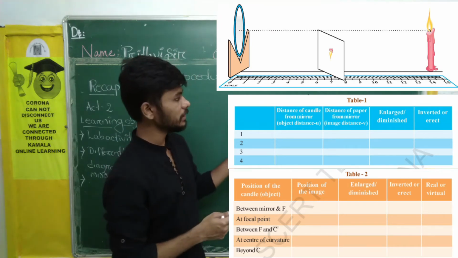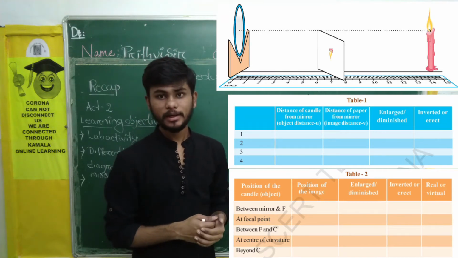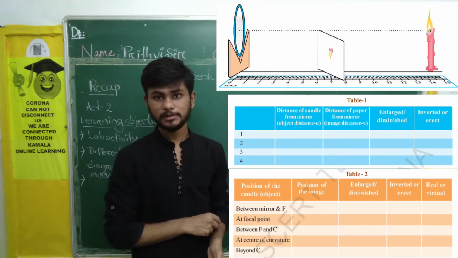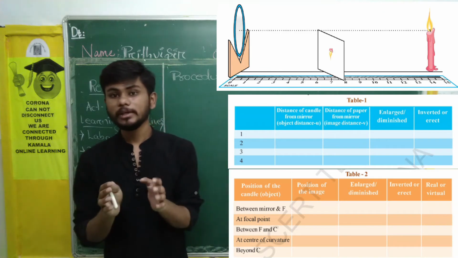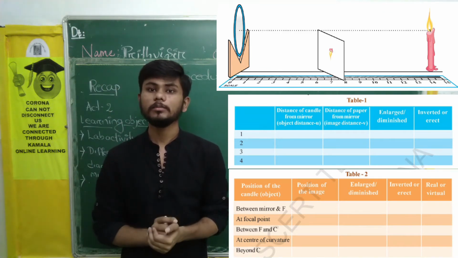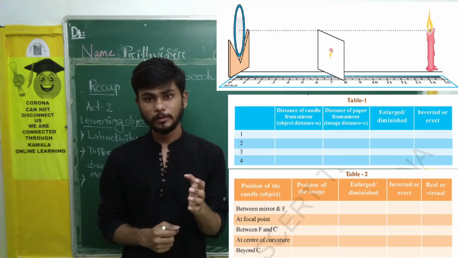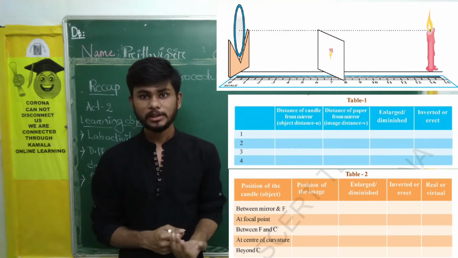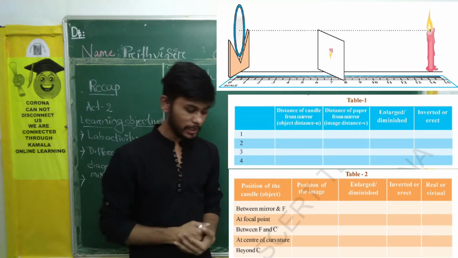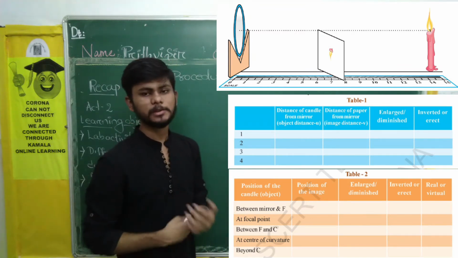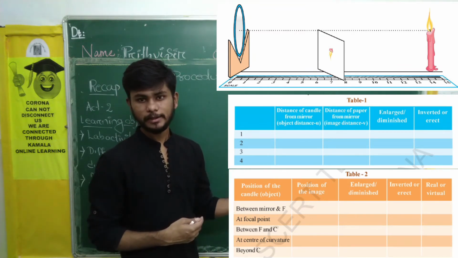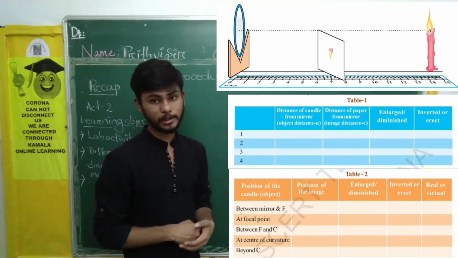So these are the things we need to observe at each point, and we will write our observations. Students, this experiment we need to do. At your home, if you have those equipments, you need to perform it, and after that performance, you can write. So these are the things we need to follow, and after a group of around 4 or 5 observations, now we will come to a conclusion.